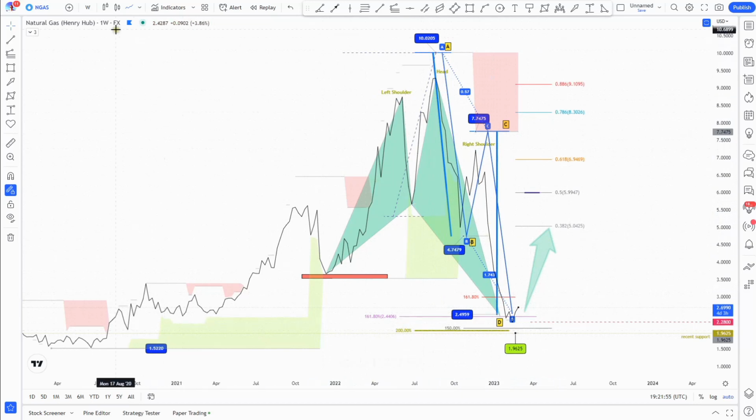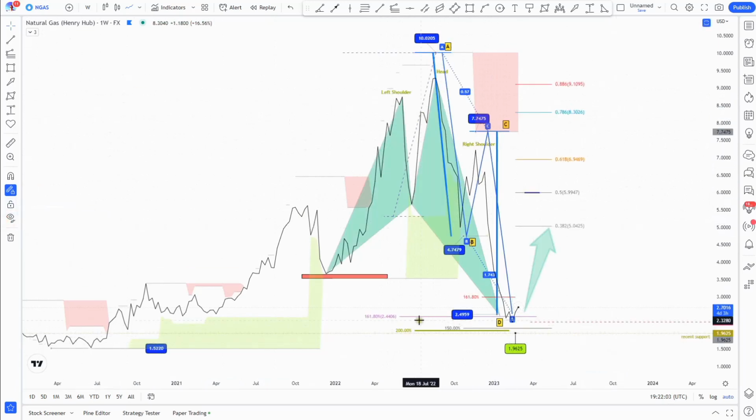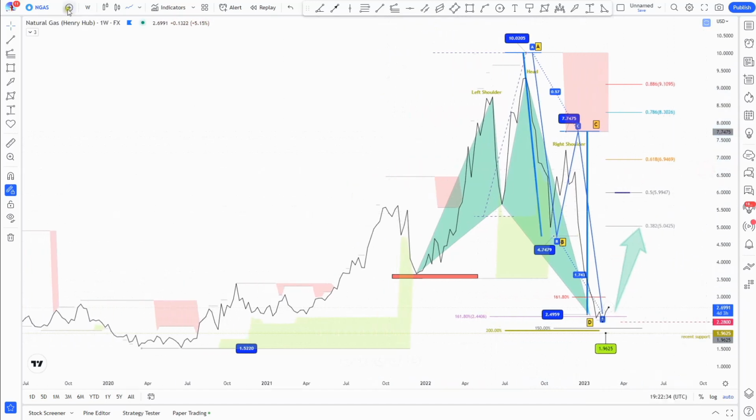And also, if you pay close attention to this heads and shoulders pattern printed above, you can see the price has formed support just a few points below the default target zone for that pattern, the 200% Fibonacci extension level, just a few points actually above the fractal. We have the new fractal at 1.93 and I put 96, and I projected that 200% Fibonacci extension at 2.04 or something close to that, 05. So as you can see, we have multiple elements which may suggest a bounce for natural gas.